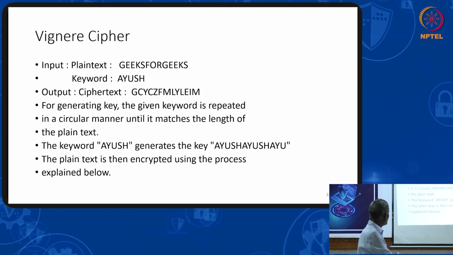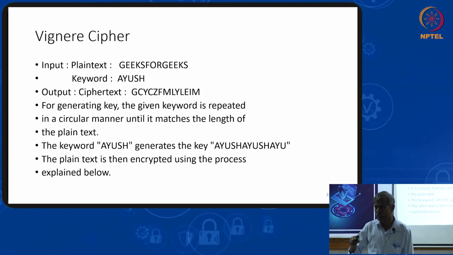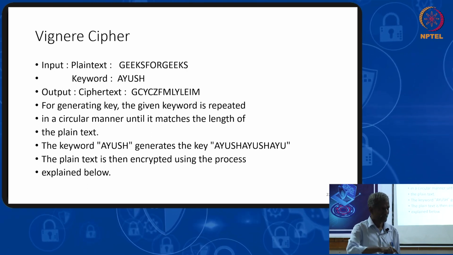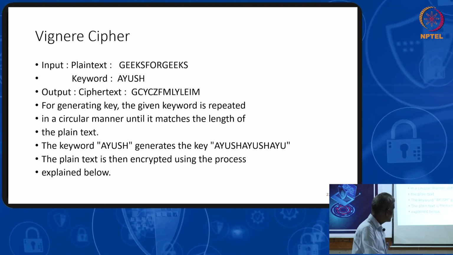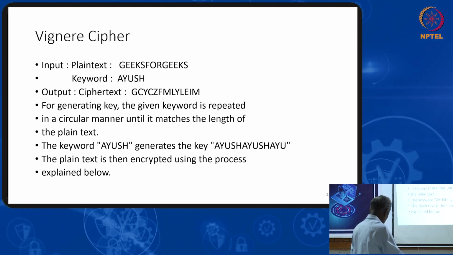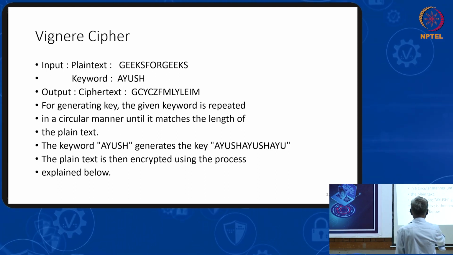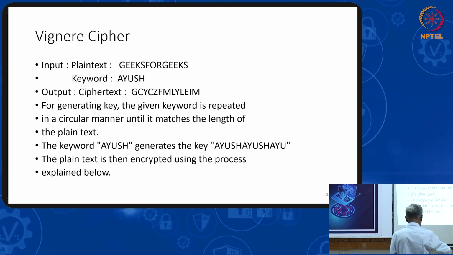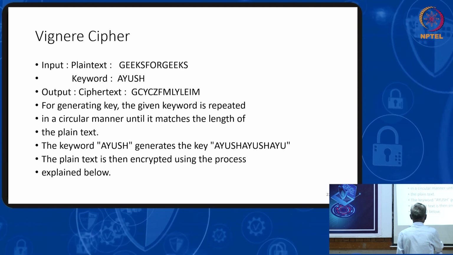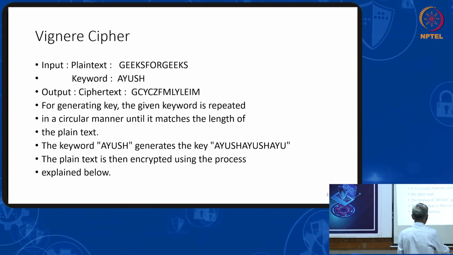You understand how the key is made? You have to guess the key, or your key, you match to the plain text. If it is more, you repeat the key. So here in our example, the plain text is "jigs per jigs". This is the plain text. This is the key.